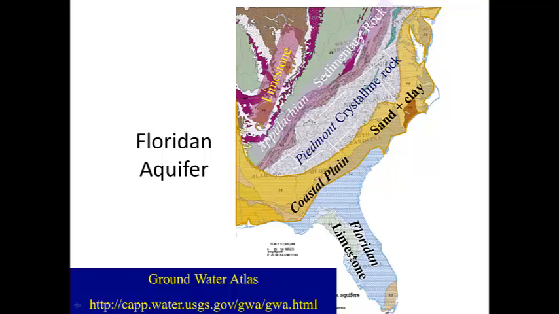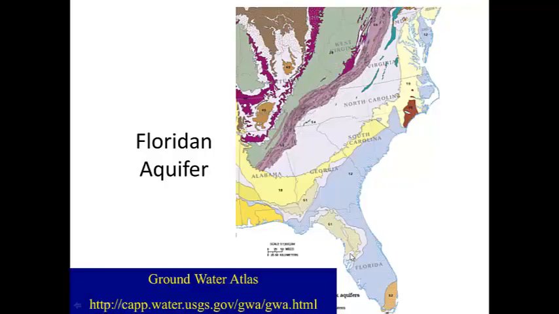The green color is the aquifer itself exposed, and then it's covered and confined by a unit, the Hawthorne confining unit. So the Floridan aquifer occurs here in the subsurface, but it's not exposed at the ground surface. You have to drill down through some confining layers to get to it. And that can be important because the confining layers will protect the aquifer from some contaminants, at